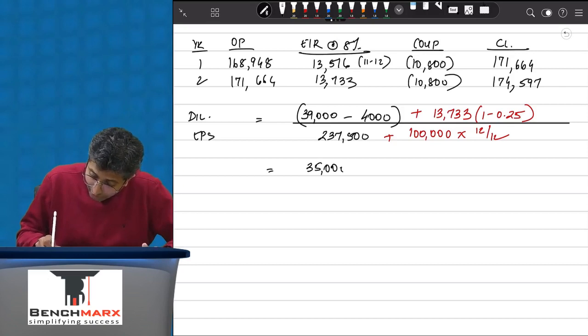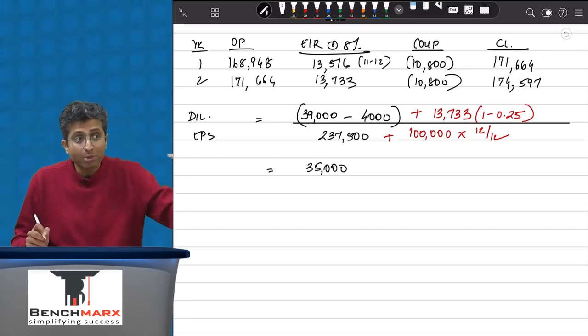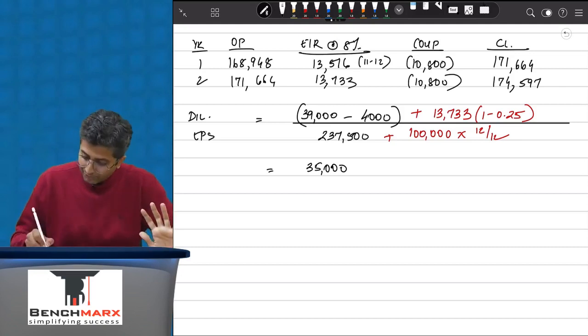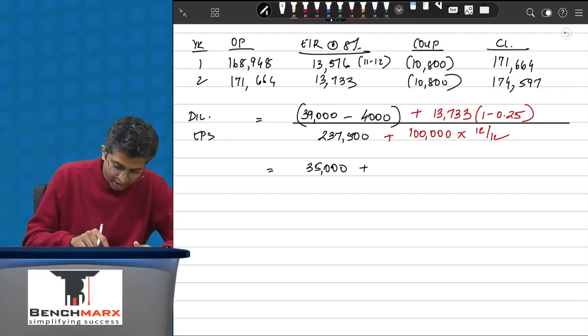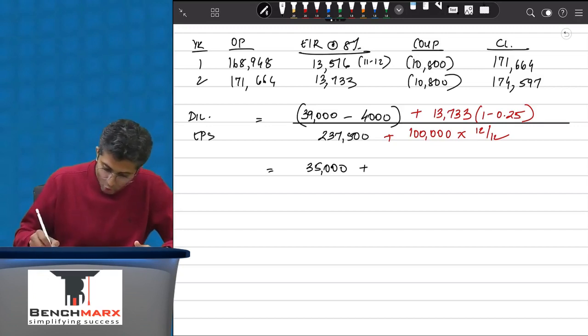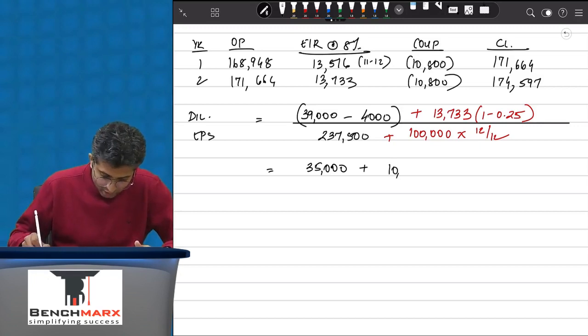Sir, we will also add back 4,000. No, you will not, because that is not a potential equity share. It is not even an actual equity share, and hence that 4,000 will be deducted. So plus 13,733 into 0.75 will be, I think, 10,300 roughly